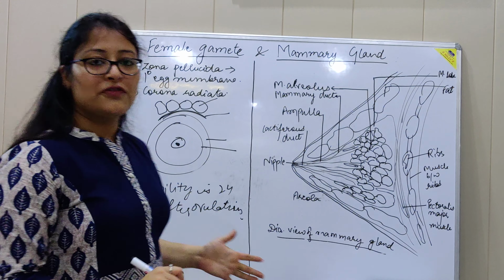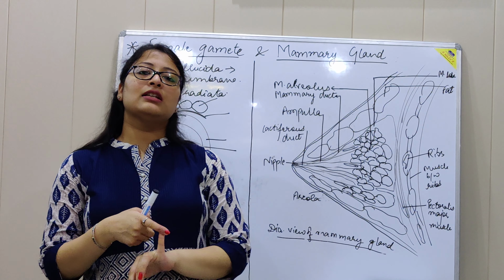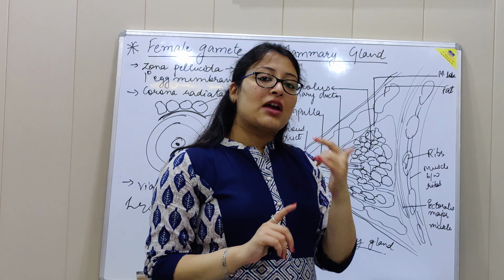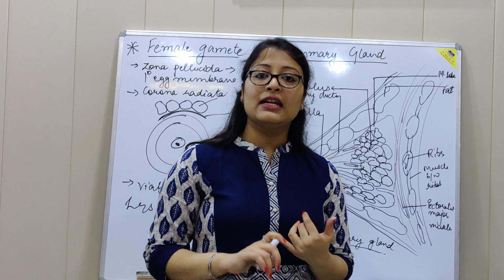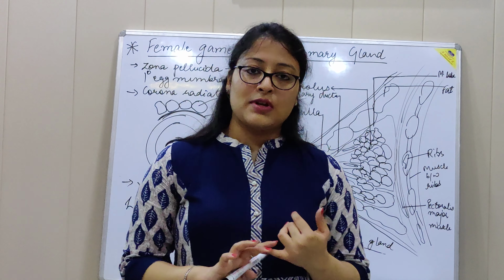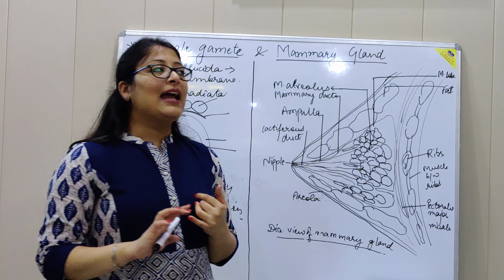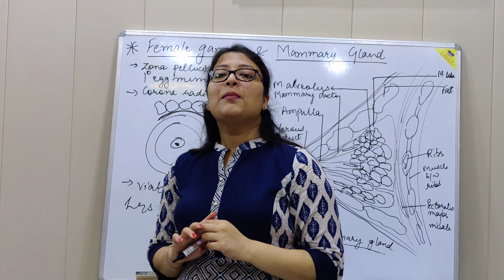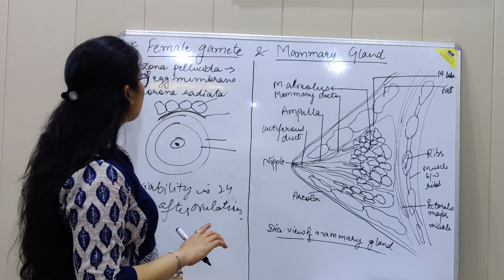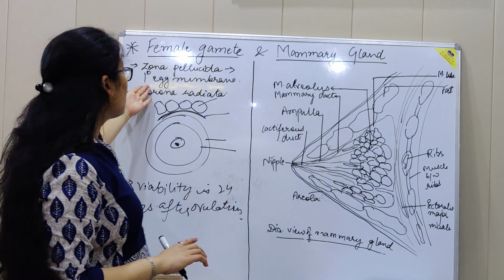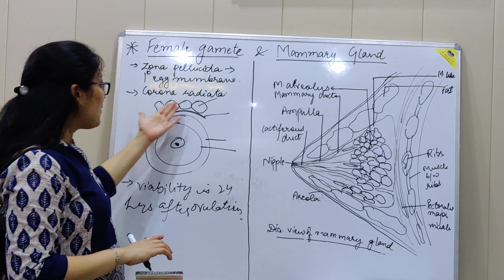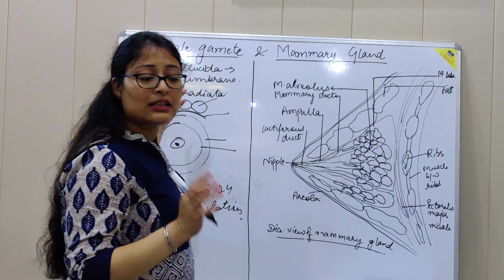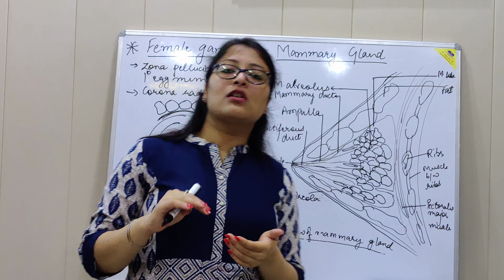So this was all about female gamete. We discussed that female gamete is known as ovum, that is microscopic, alecithal, that is yolk free, and is released from Graafian follicle in the form of secondary oocyte. Chromosomal configuration is 22 plus X, number of chromosomes are 23, and further vitelline membrane is present, big nucleus, ooplasm, perivitelline space is present. Zona pellucida, that is the outermost covering, primary egg membrane, that is acellular or non-cellular layer. Cellular layer is known as corona radiata. Cellular layer of follicular cells is present, that forms corona radiata.